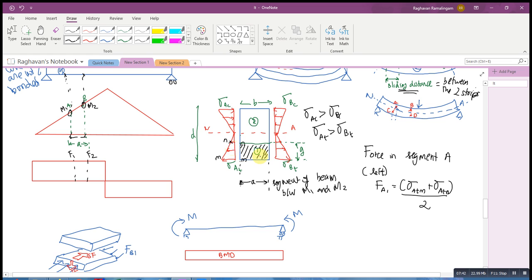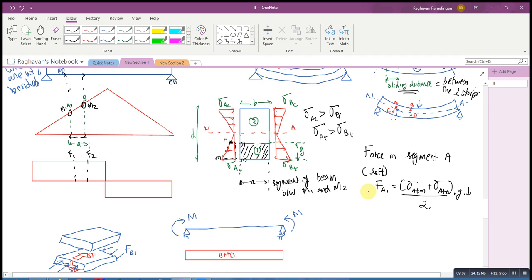It's a trapezoidal distribution of stresses between these 2 points. So the total force lying within this is the area of the trapezium, so that is times G times B. All right. So this is the total force